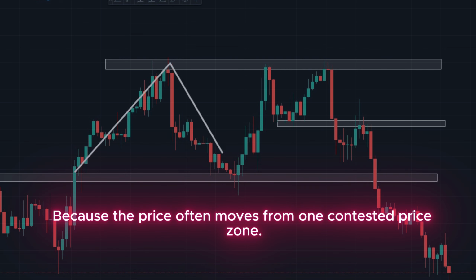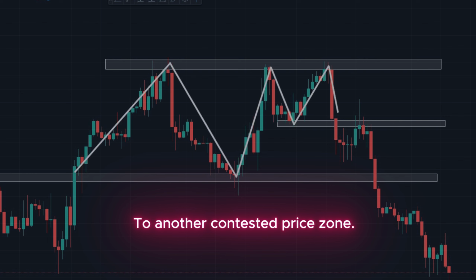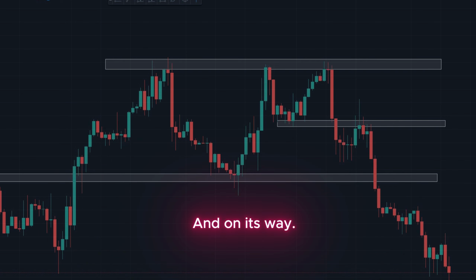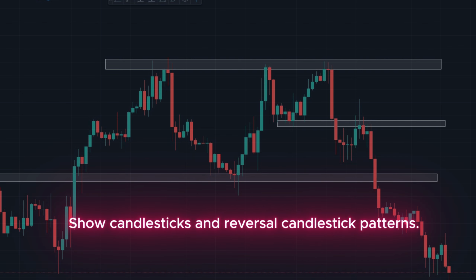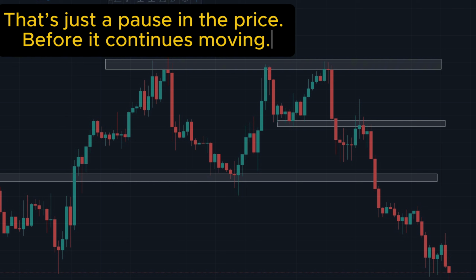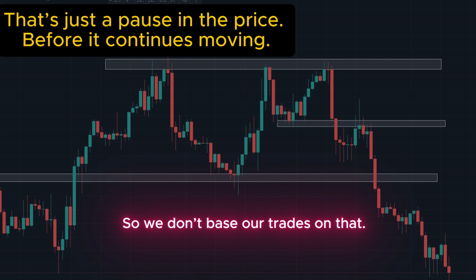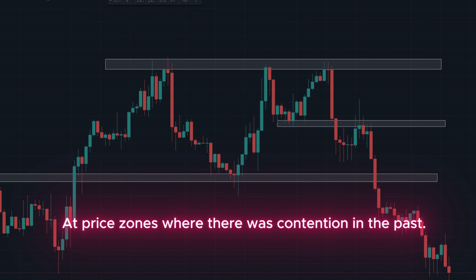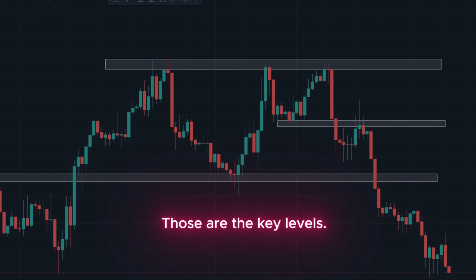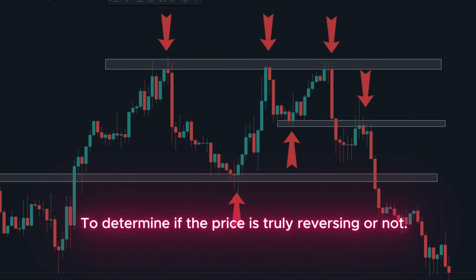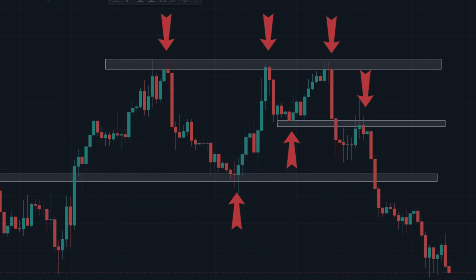Because the price often moves from one contested price zone to another contested price zone, from one key level to another key level. And on its way, it may randomly show candlesticks and reversal candlestick patterns. That's just a pause in the price before it continues moving, so we don't base our trades on that. The price often reverses at price zones where there was contention in the past. Those are the key levels. And that's also where we read candlesticks to determine if the price is truly reversing or not to place a